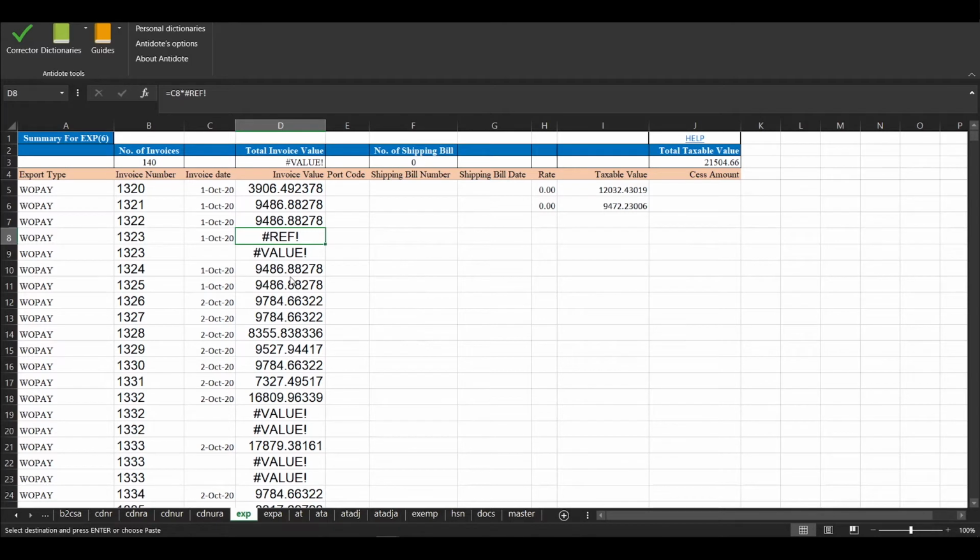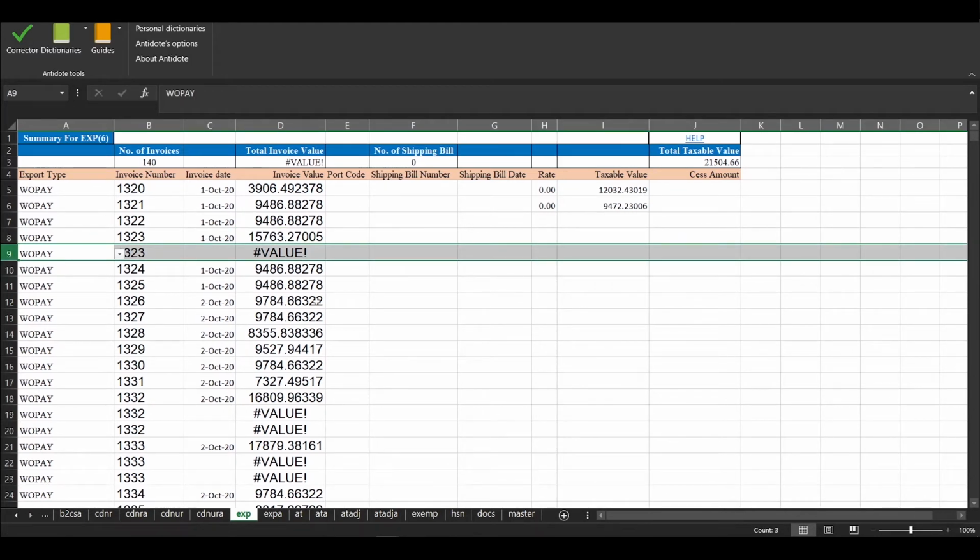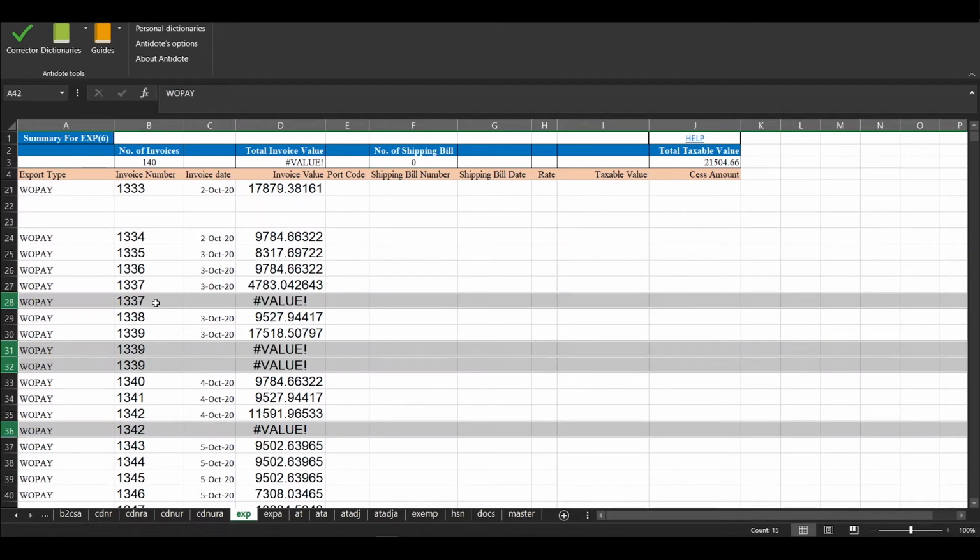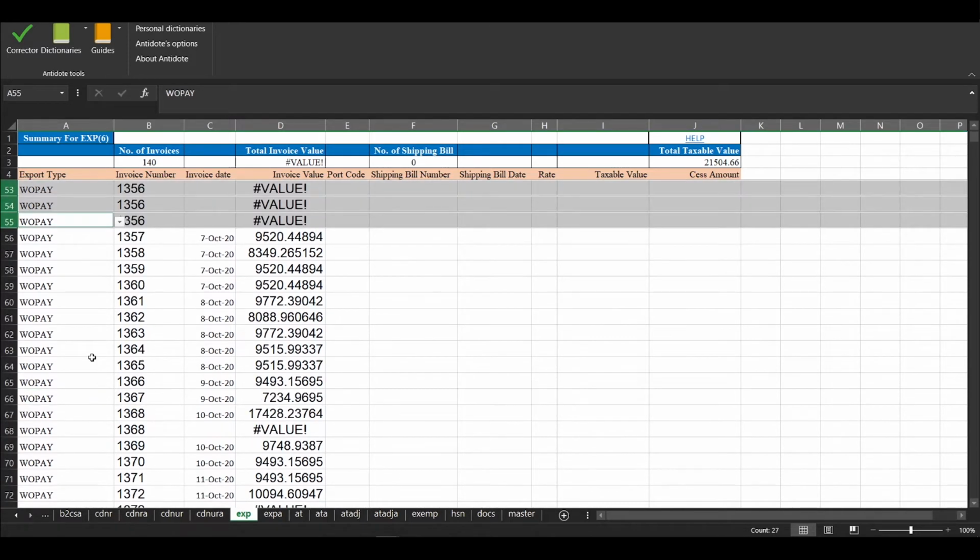Use keep source and value formatting. Now we just want to delete these values for which the date was not there. Guys, while deleting, just check whether the same invoice number is just above that or not. If it's there, then it's okay, it's fine. And if not, then you have to do it the same way as we did for the above order 1323.